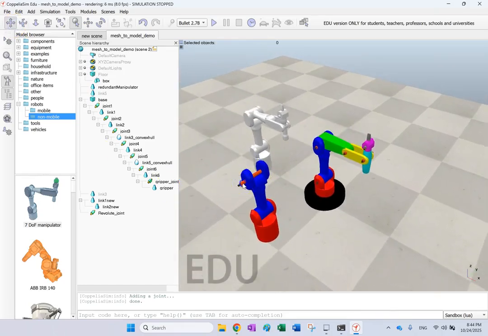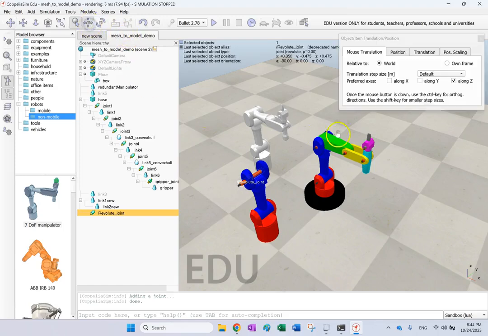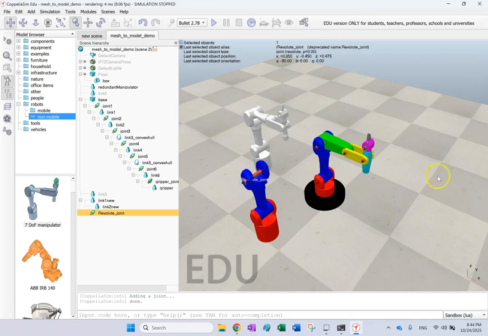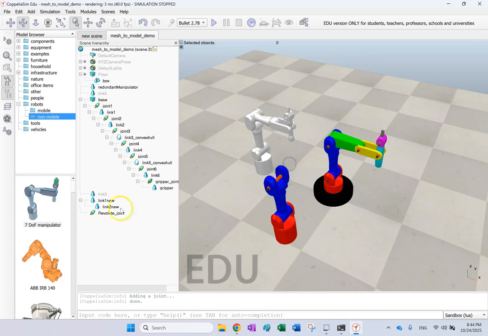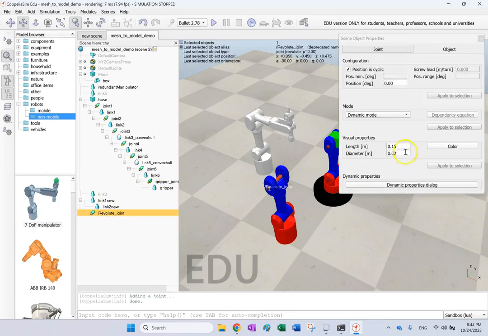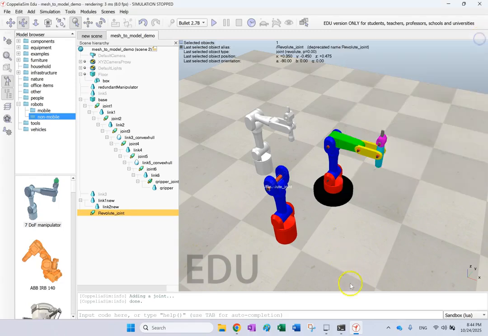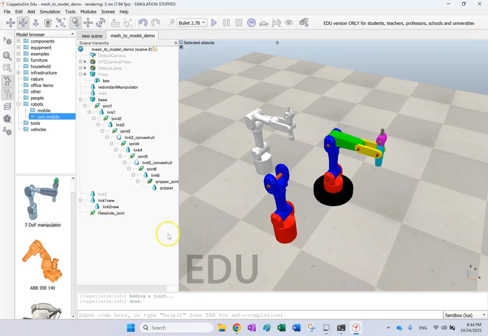So I can grab this guy and just move it a little bit in the Y direction so it comes out from the other side, something like this. But remember, you can easily resize a joint. You can just double click on the joint and you can change the length of it or the diameter of it. Okay, so now that I have this, what I need to do is